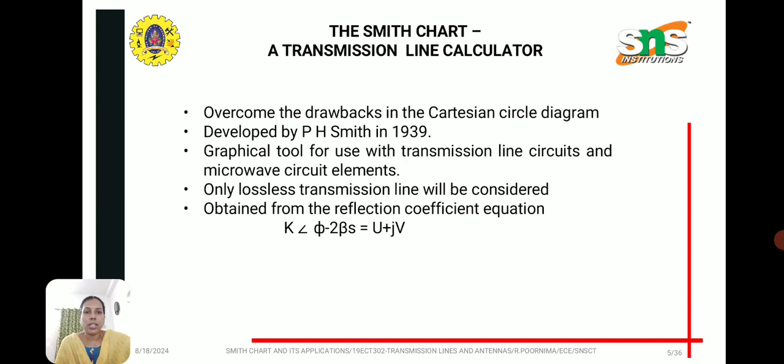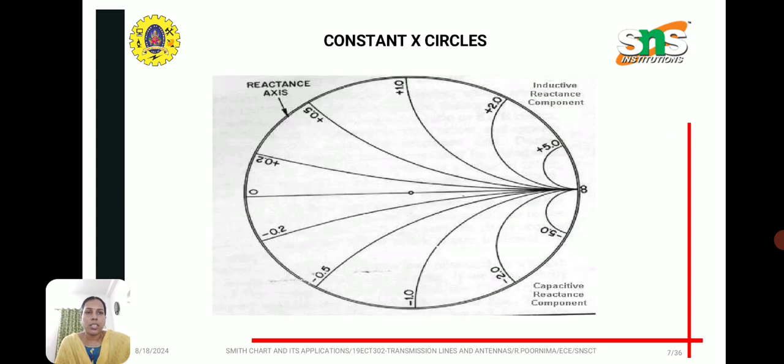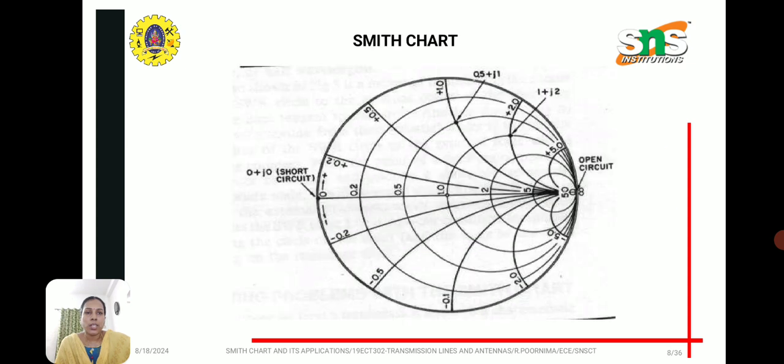It was developed by P. H. Smith in 1939, and it is a graphical tool for use with transmission line circuits and microwave circuit elements. In this diagram we can see the constant resistance circles. This is one component of the Smith chart, and these are the constant reactance circles, where the upper part is the inductive reactive component and the lower part is the capacitive reactive component, and the reactance axis is given in the circle. So this is the Smith chart comprising both the resistance circles and reactance circles,